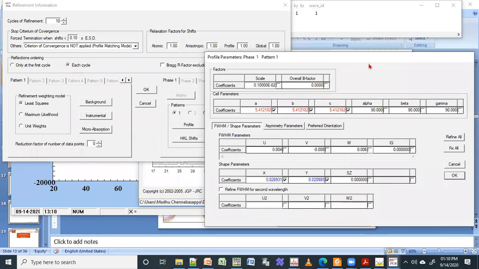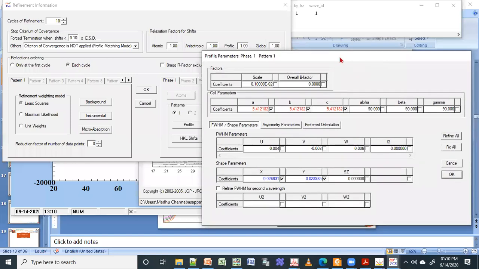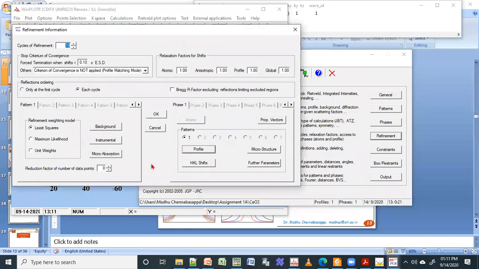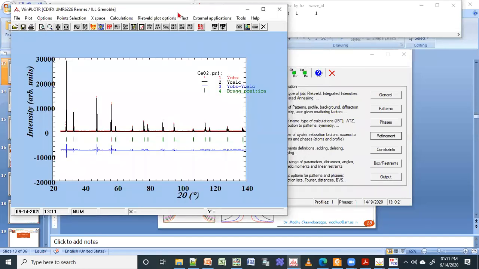I'm going to show you how to fit two phases, so multi-phase. To start with, I just started with a very simple one. I don't want to get you lost in 2 minutes. So let me just do Rietveld refinement for this, and then I'm going to stop. I need some more time for that. I think we are already running out of time.